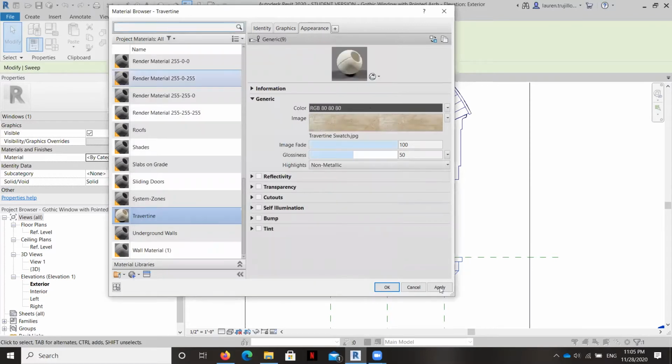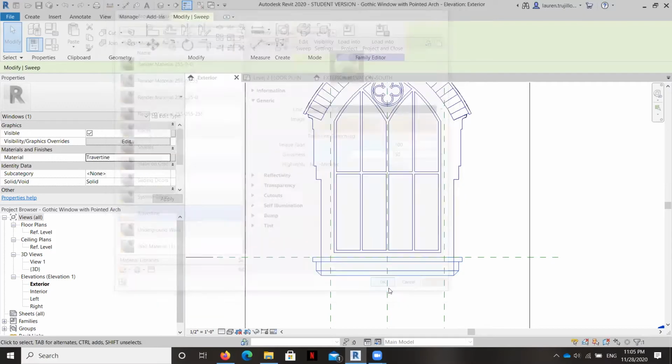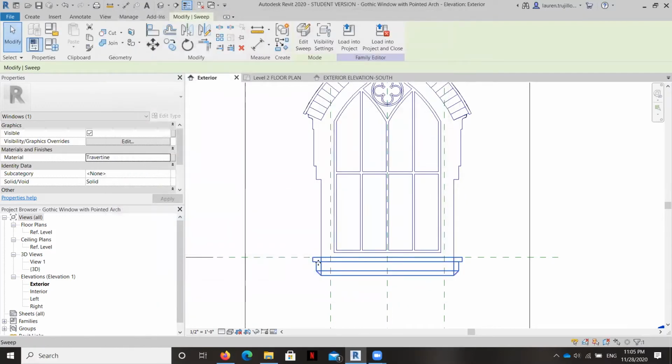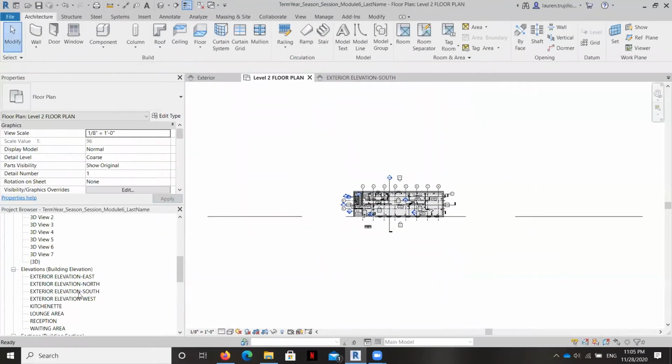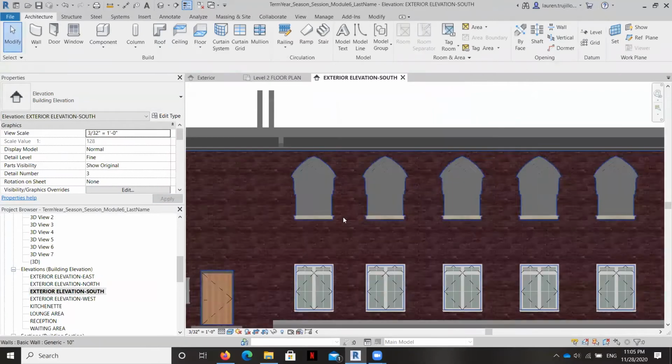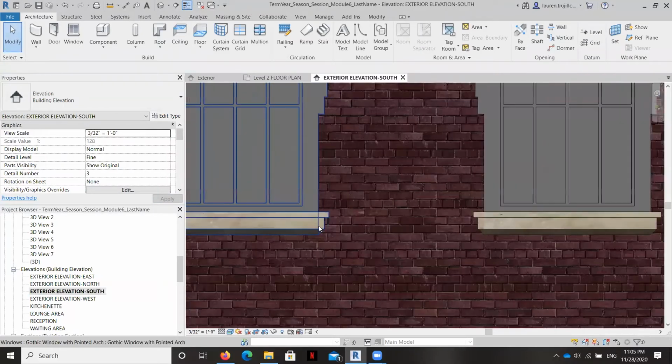And it looks like other than that, it's okay. So if I select this, just to make sure I did it correctly, if you select that extrusion, or pardon me, that sweep, you should see travertine here. And then look, if I load it into the project and I overwrite the existing one and I look at the south elevation, all of my sills are now travertine.